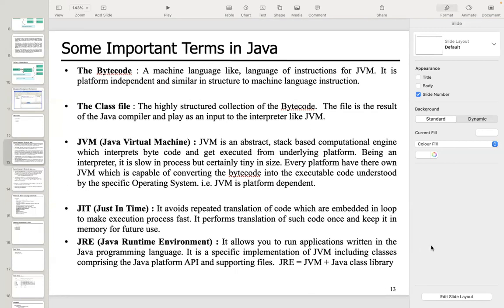Now, next terminology is JRE. JRE is basically the Java runtime environment. So in the first class, we saw that we downloaded JDK, and then we installed the JDK, we set up the class path, we set up the path, and then we also set up Java home and all those processes we followed. So those were some